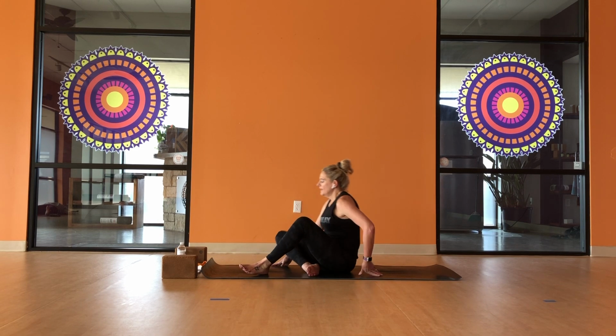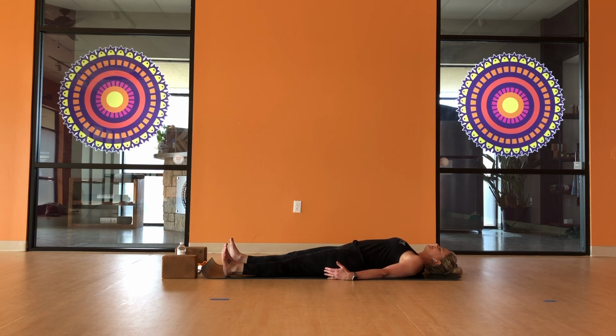And let's start on our backs in Shavasana, or just lying down, bringing your legs into any shape that you like, and just letting go. For the next few moments, we're just going to relax and release all the tension in our bodies into the mat and clear our minds and let go of anything not serving you, letting go of any worries, letting go of any thoughts, just leaving the mind clear and quiet